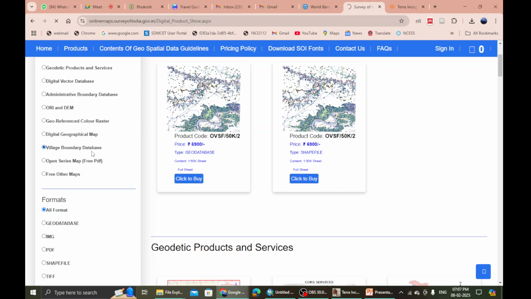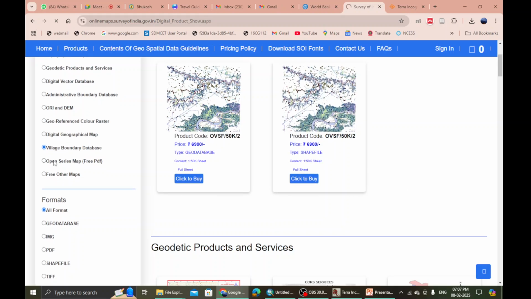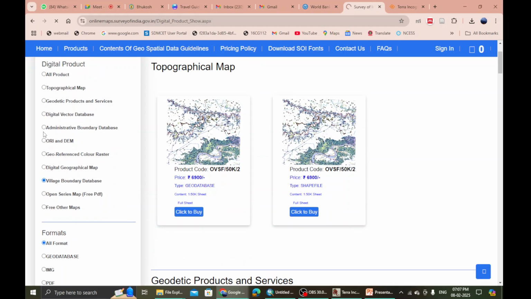You don't have to pay anything for it. Okay, village boundary database. It's taking a little longer to load. So that is absolutely free. Okay, then you also have this